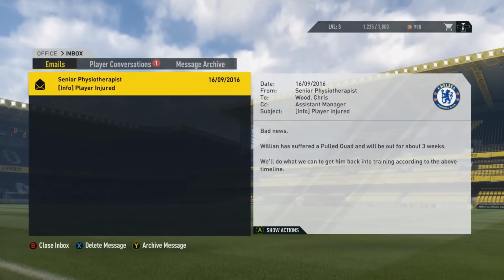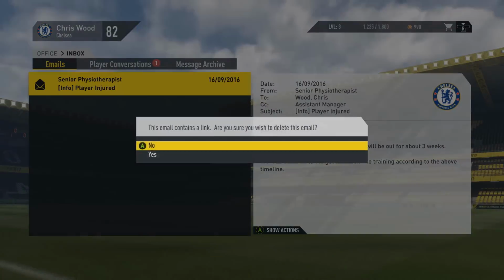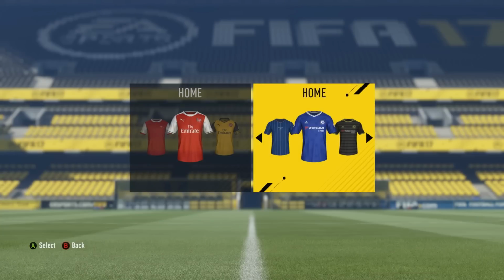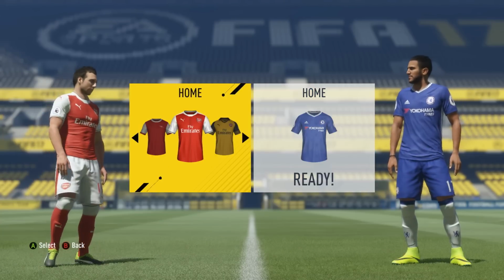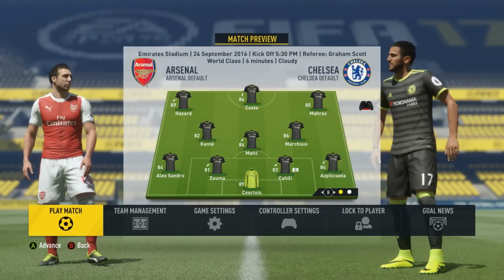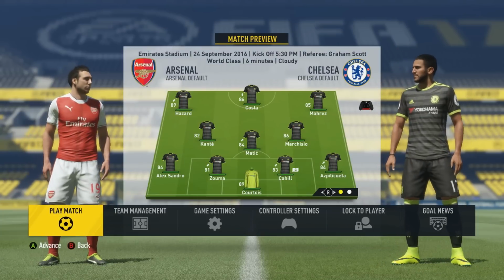I really need to work on my vocabulary, but as you can see here, Willian will be out for three weeks with that pulled quad, so sadly we're going to have to wait for him to be back, which means Riyad Mahrez gets a start, our £57 million new signing. We spent a hell of a lot of money in the transfer window, as you will have seen from the